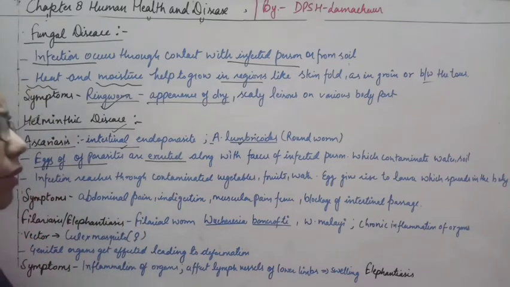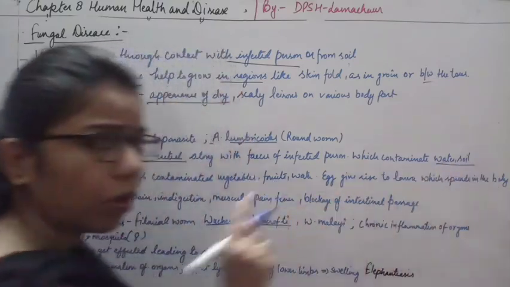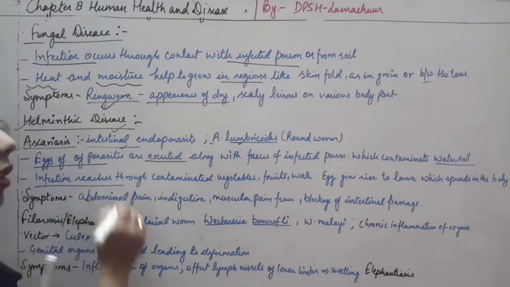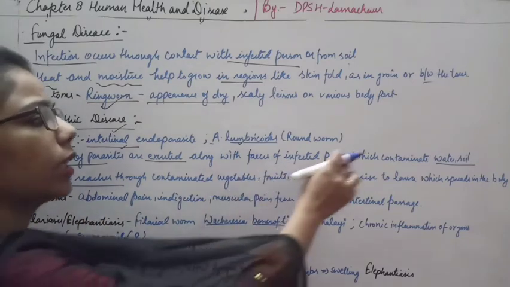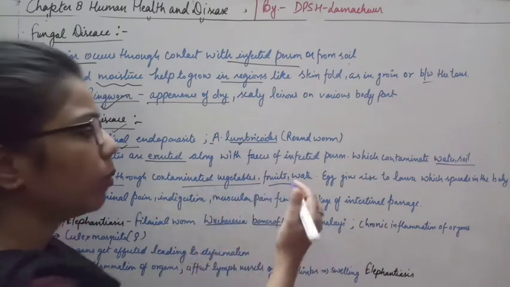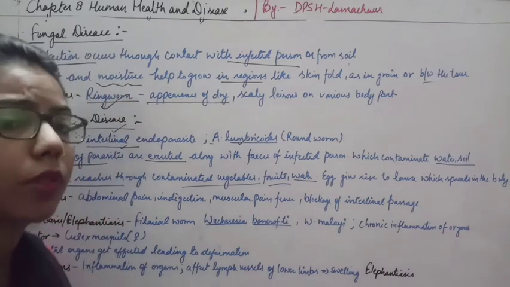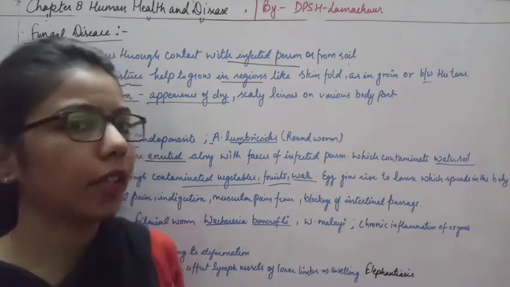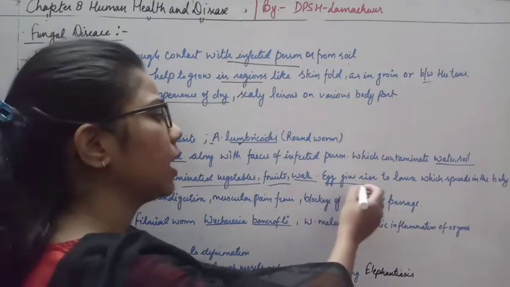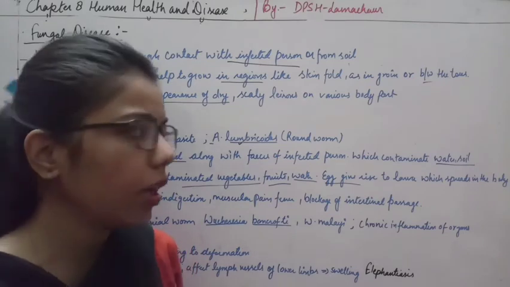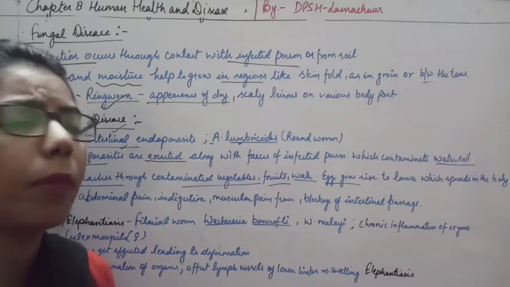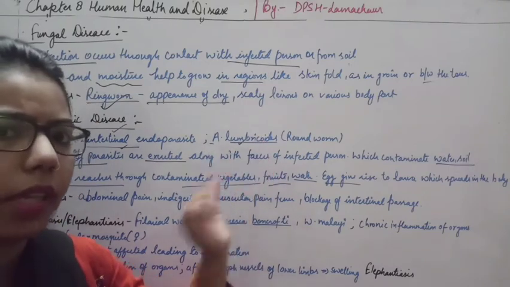So that's why we have written that it can contaminate water, soil or any plant, and this infection reaches the healthy person through contaminated vegetables and fruits which we get from the plants, and the water sources from which we drink. So we can also get affected by this Ascaris. The egg gives rise to the larva, and this larva can spread into our body and form many Ascaris inside the body, right?